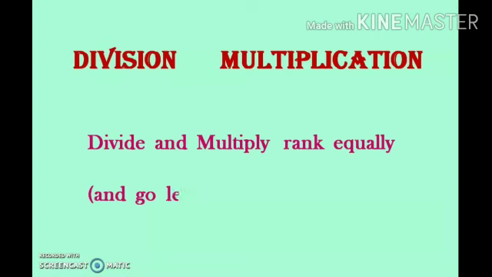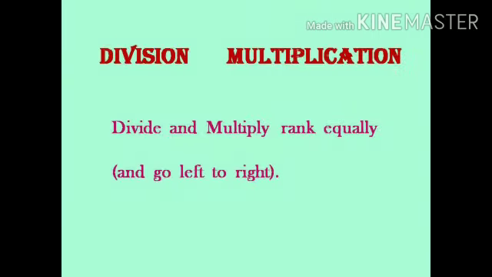Next, we have D and M. We know D and M stand for division and multiplication. Actually, in division and multiplication, what we have to follow is we should give equal importance to both divide and multiply. Only one rule: we have to start from left to right. That is, expressions on the left should be solved first, then we go to the right-hand side. For example, if you have division on the left-hand side, we should solve that first, or else if you have multiplication, we should solve that first. So we can get our answer correct.